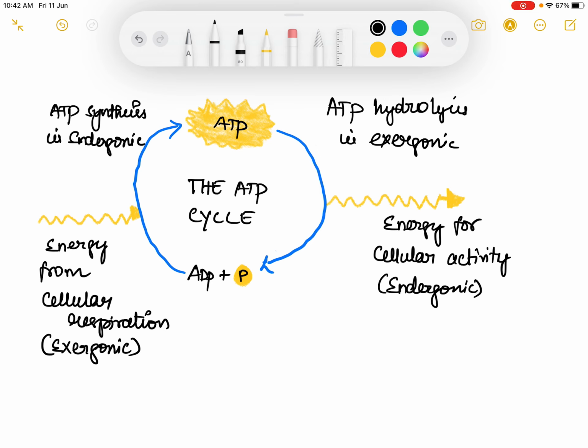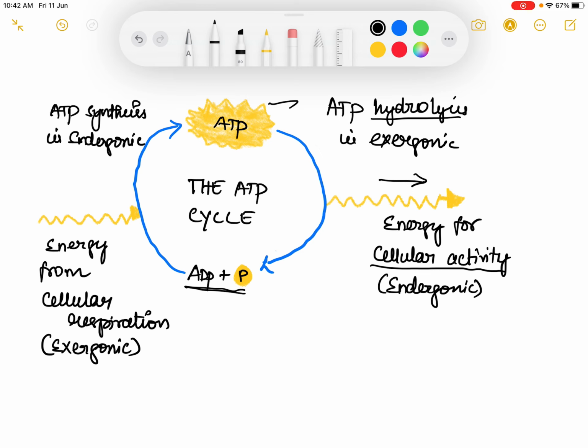Finally, we come to the ATP cycle. So you can see here ATP, by means of hydrolysis, the energy is released. So the energy is released, which is used for the cellular activity. Once this energy is released, we have ADP, which we discussed before. So ADP again